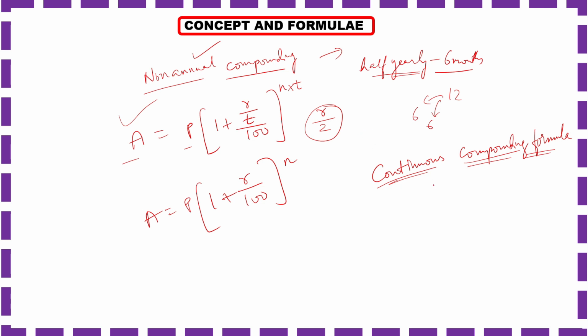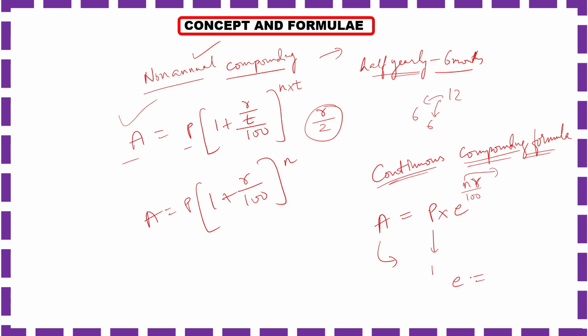So what is the formula for continuous compounding? The amount is equal to P into E power NR by 100, right? A is the amount, P is the principal, we know that. N is the time period in years, we also know that. R is the rate of interest, we know that. What is E? E is exponential, also known as Napier's number. An approximate value of E is